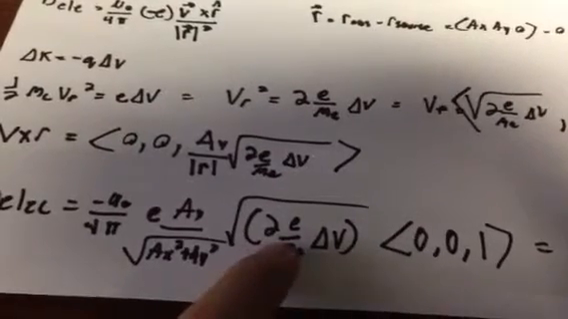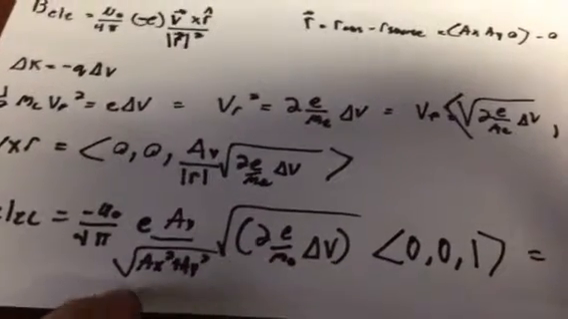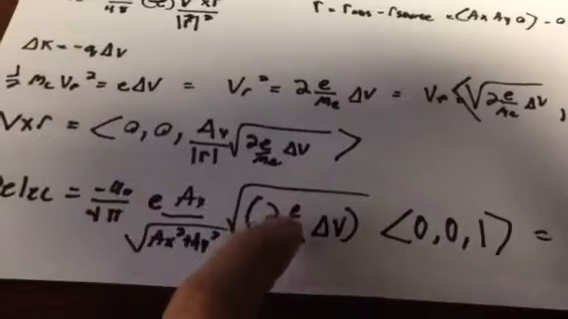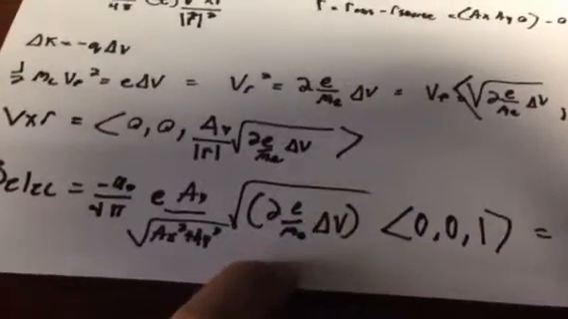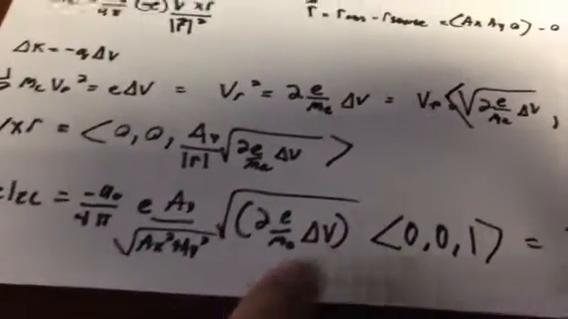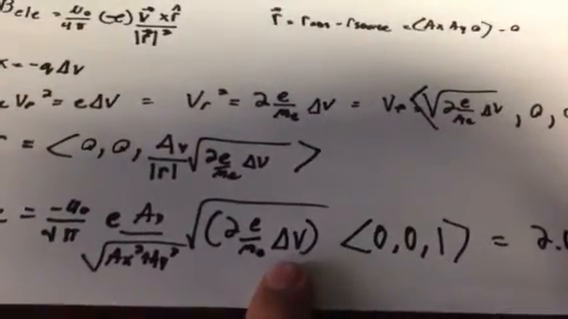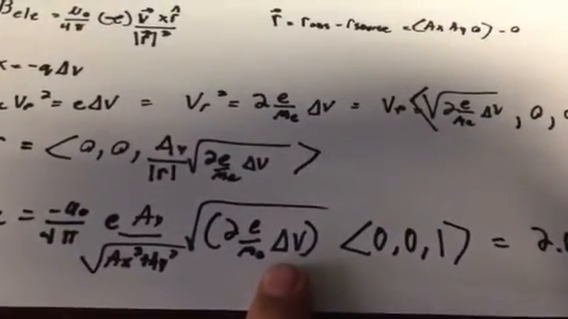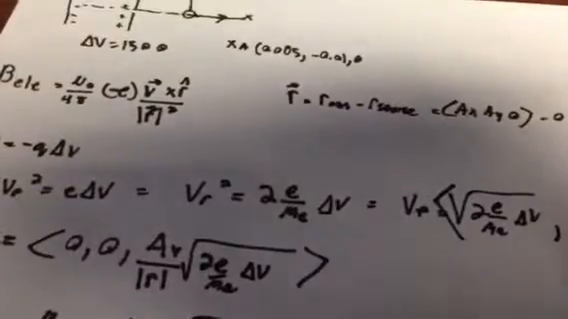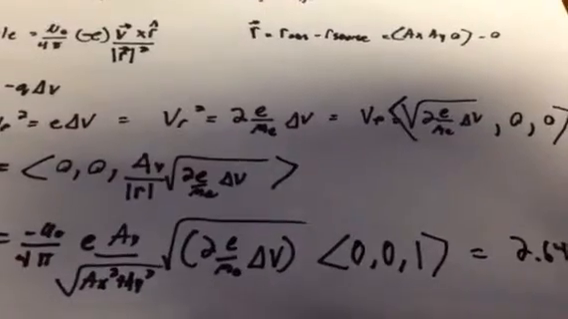You plug in your variables. We have ax given, ay is given, e is the charge of an electron, the mass of the electron is a constant that you should be able to know. You can just look that up in any book. Delta V is the electric potential, which is given as 1500 volts. So you multiply this all out,